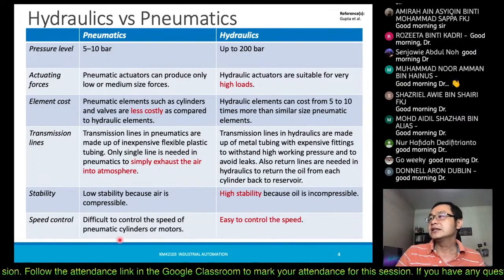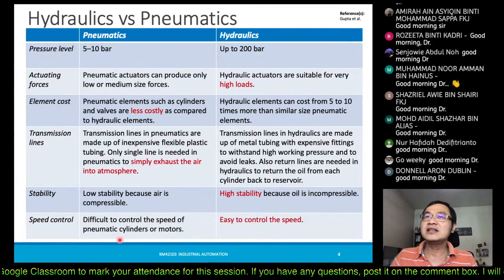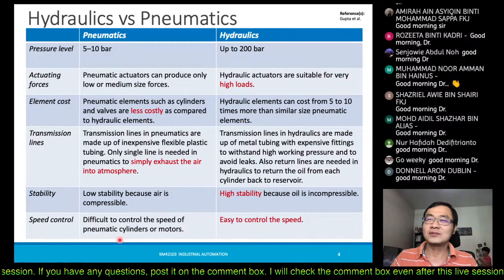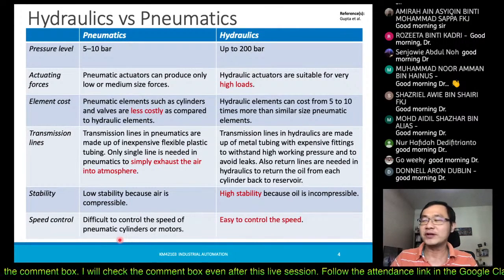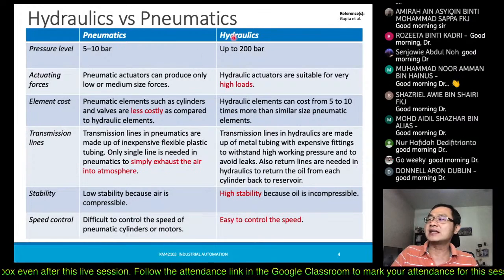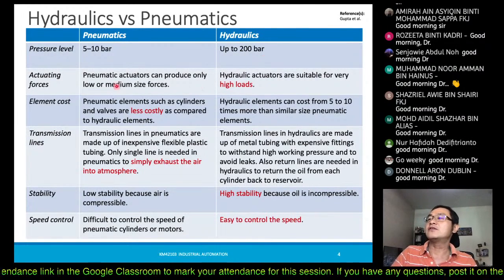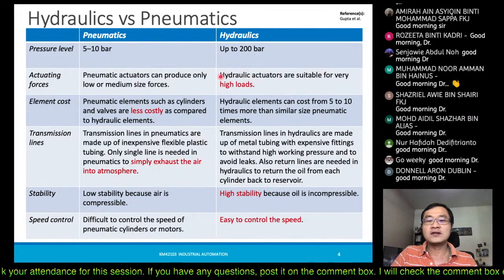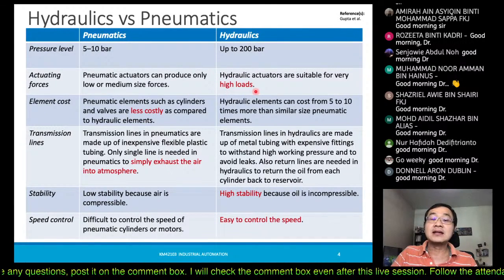Here is the comparison between the pneumatic and hydraulic. Basically, pneumatic just uses air, and hydraulic uses so-called non-compressible fluid, like water and oil. So for sure, because of that, they have a higher pressure. Then in terms of actuating force, the hydraulic will provide us with a higher load, but then